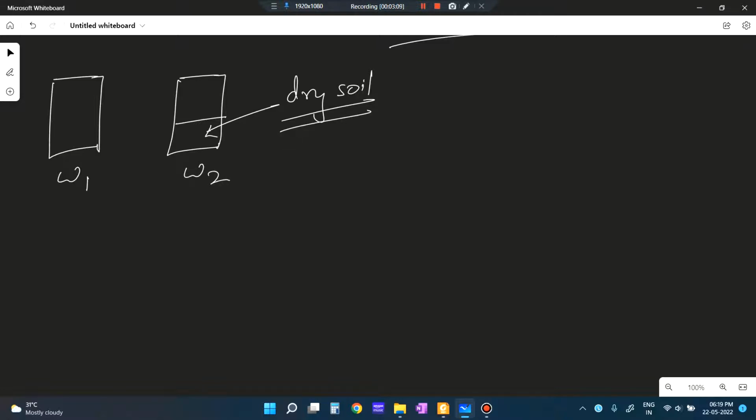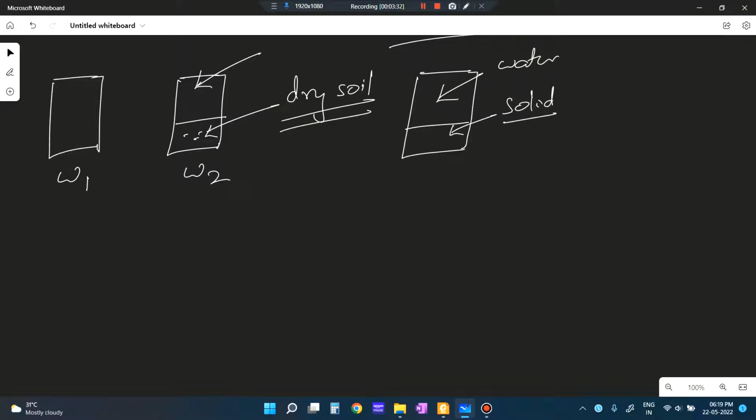And now add water into the pycnometer after putting the dry soil and stir it properly. Okay, so now you have the solid portion over here and the rest is water. Suppose the weight of this is W3. So after weighing the pycnometer,